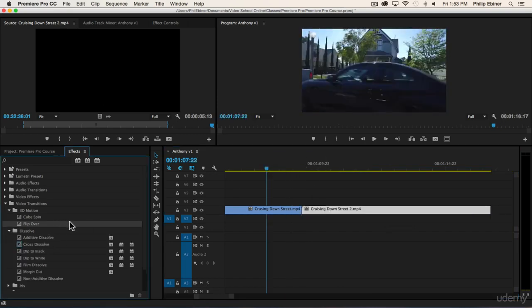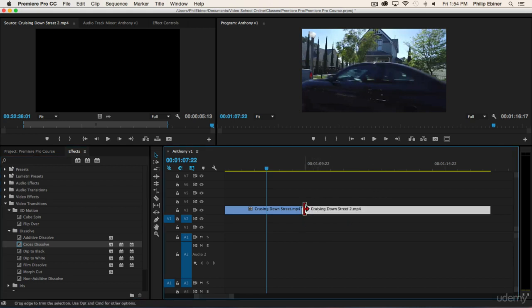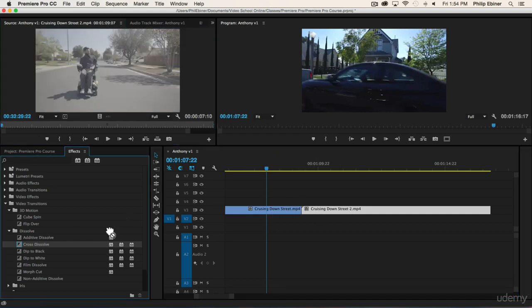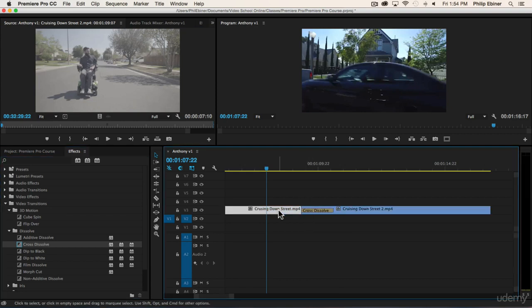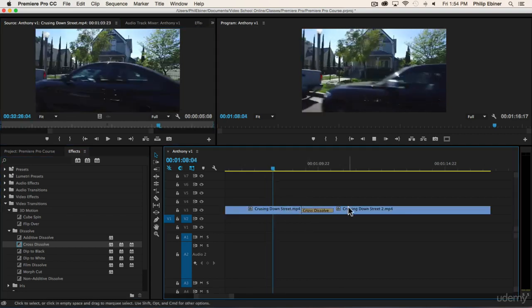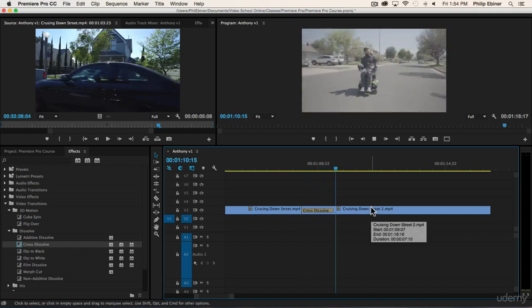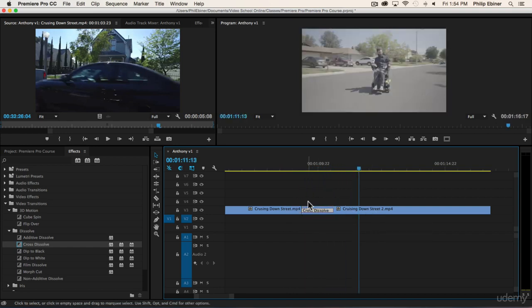Let's just take a normal dissolve, cross dissolve. This is your standard dissolve. If I take this and drag it over my clips, what happens is it doesn't allow me to put this transition in the middle of the clips because there is no middle, there is no footage to the left of this second clip. So when I add this, it automatically adds it just to this clip into the start of the next clip. I know that sounds really confusing, so it's just one thing you have to play around with,